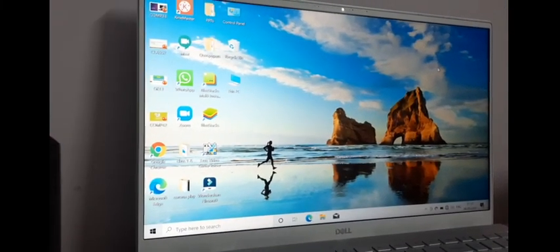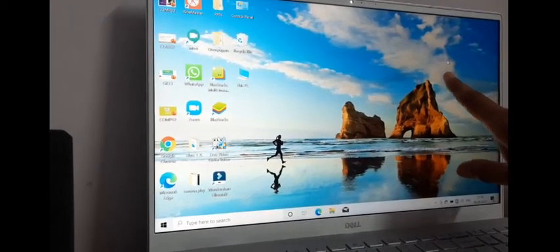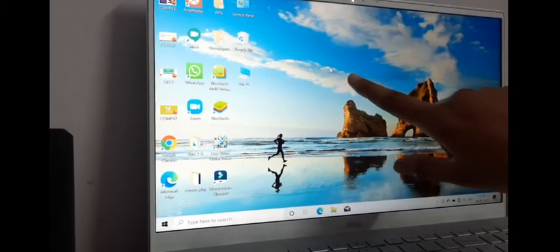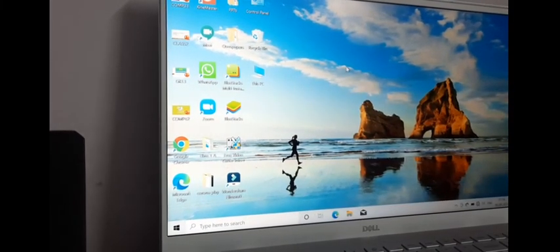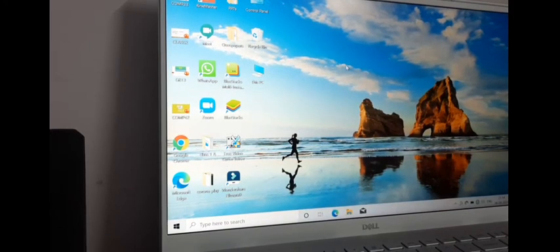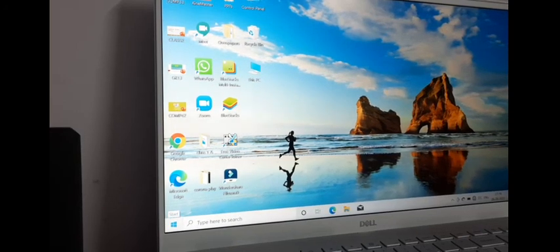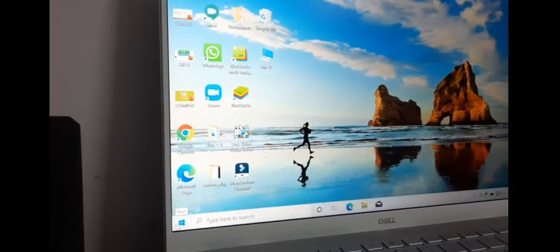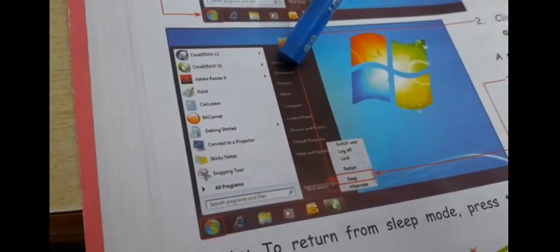Okay, so the first step is you have to click on the start button. You can see my mouse pointer here. Alright, now I will come here to the start button and click the start button to open start menu. When I open start menu, I will click on the shut down arrow button. Now children, you are working with Windows 7. So come to your books and you can see here, when you click on the start button, this menu will get open, which is start menu.